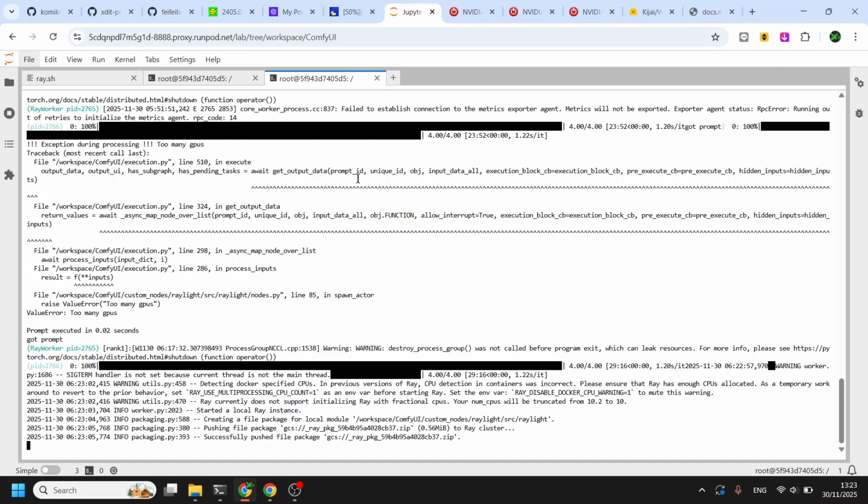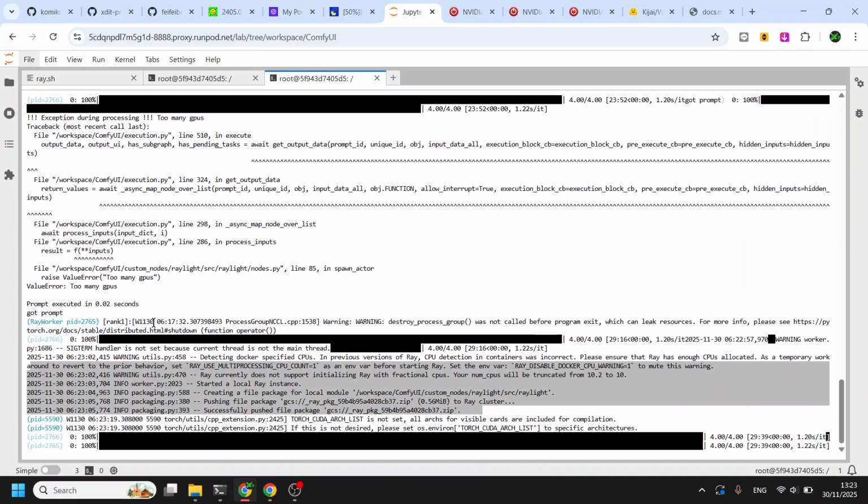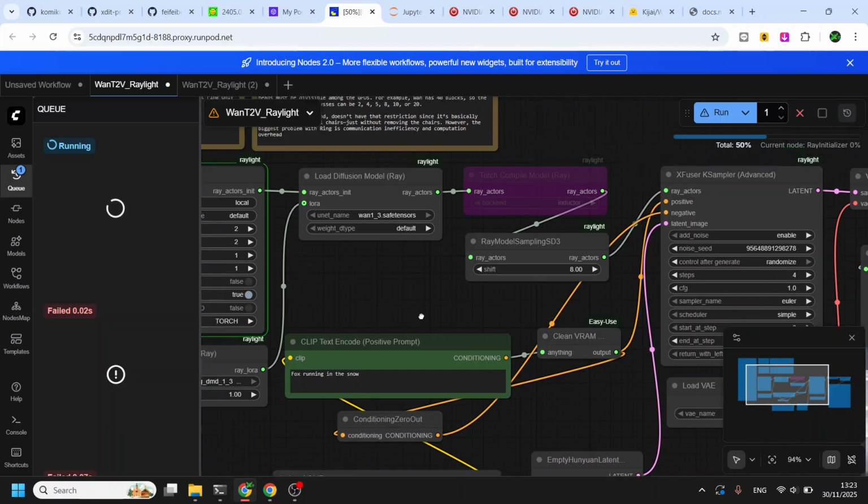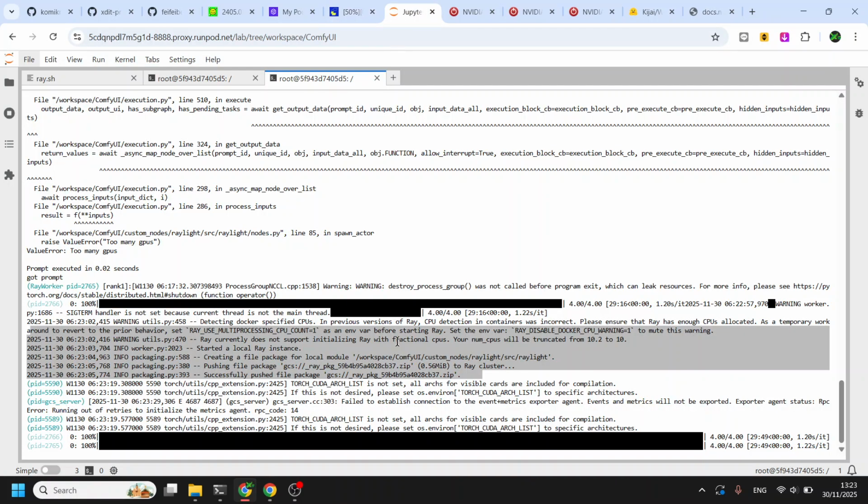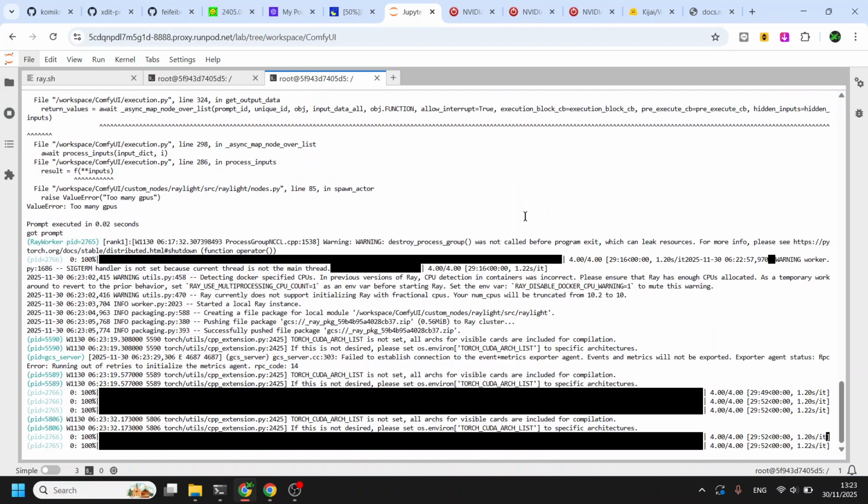This part is basically the Raylight starting the local cluster. Wow, that's quick. Oh, sorry, it is the previous run.